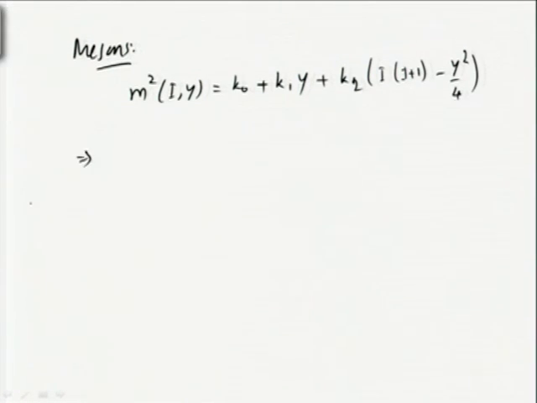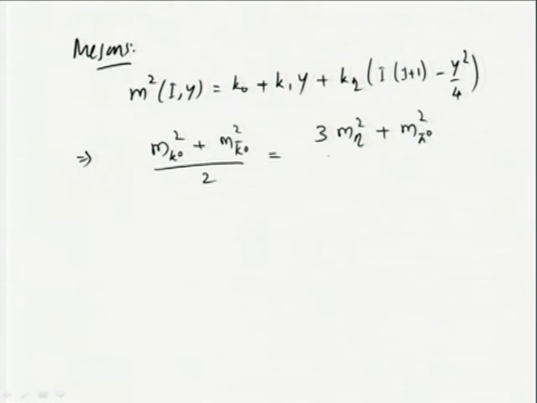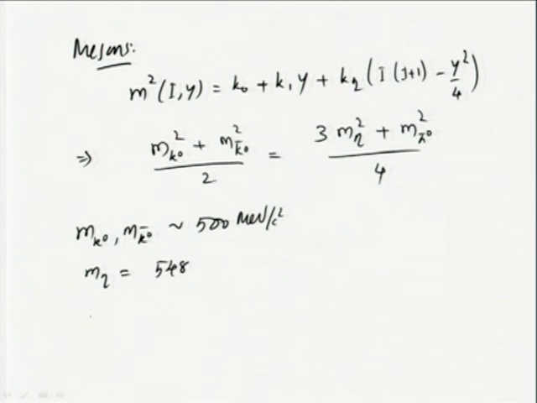And that gives for the meson octets m k0 square plus m k0 bar square divided by 2 equal to 3 times m eta square plus m pi 0 square divided by 4. And experimentally m k0 and m k0 bar are about 500 MeV per c square, m eta is about 548, m pi 0 is about 135 MeV per c square. All are in MeV per c square, and you will see that